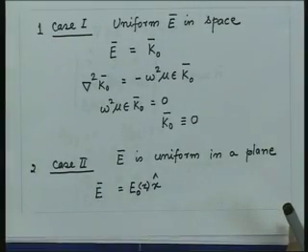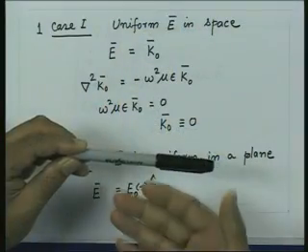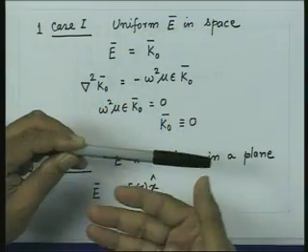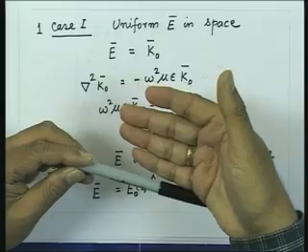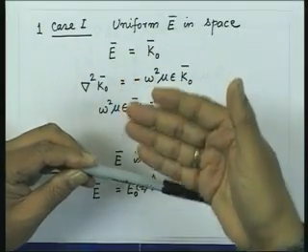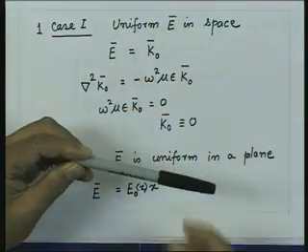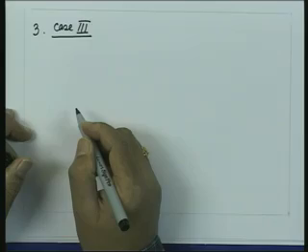So I can assume now that in the xy plane, E0 is a function of z only. It is constant in the xy plane. I consider this electric field, x oriented like this, constant in a plane containing the x axis, that is the xy plane, and it can have variation only in the z direction. So I have the third possibility, case 3,